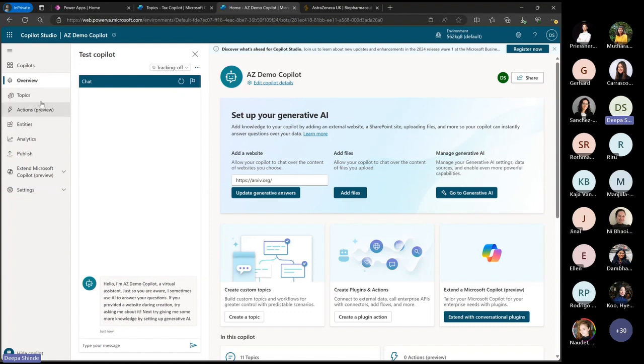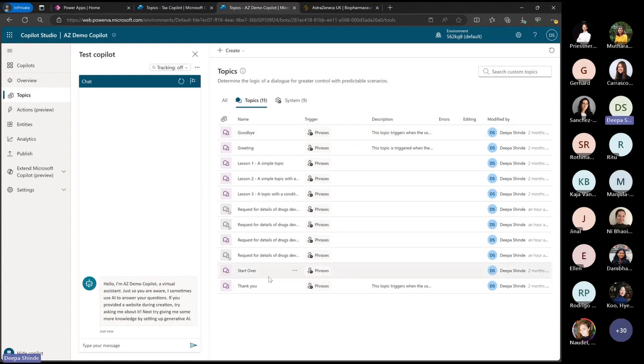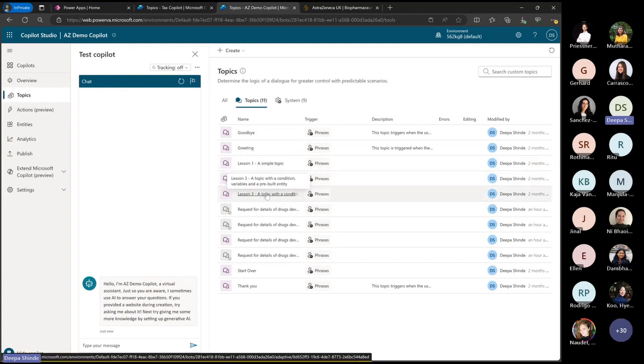Now I want to quickly explain some of these links on the menu on the left hand side. Topics will list the topics. These listed topics are there for you to learn more from how topics could be built: goodbye, greetings, start over, thank you.